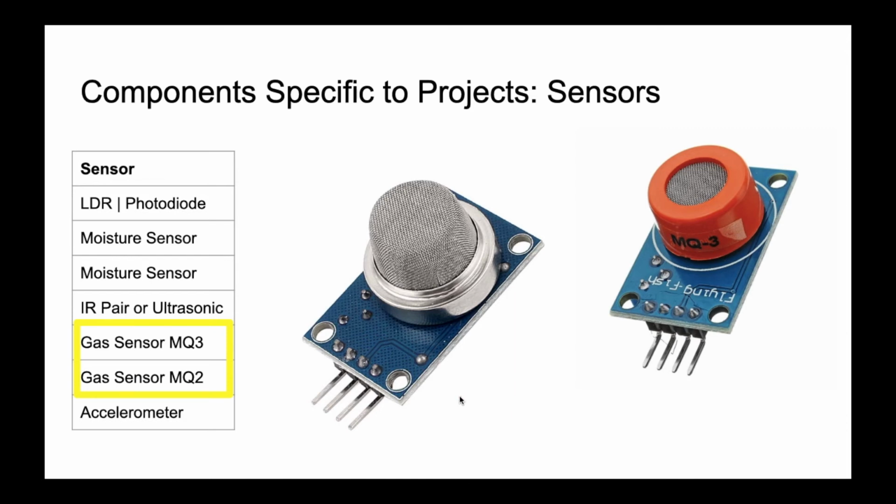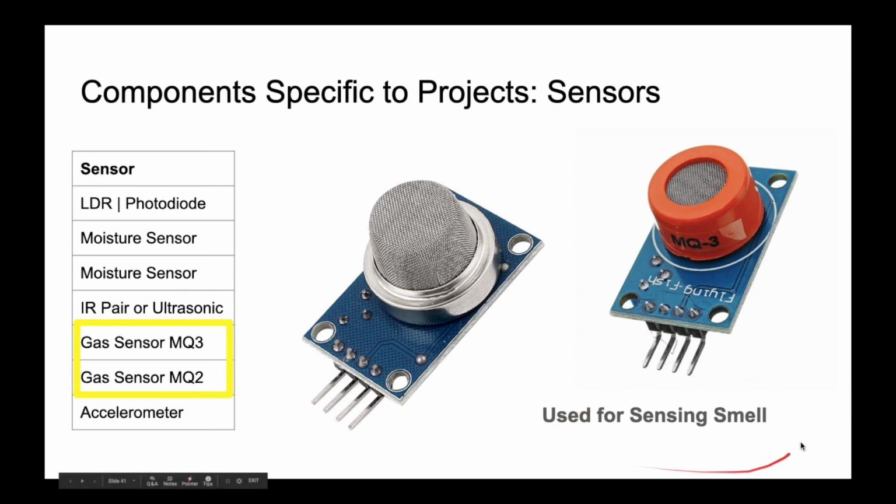For example, in the case of a fire, smoke will be generated, so this can even be used as a fire detection system. Or if there is an LPG gas leak in your home, that can be detected by these sensors. These sensors can also be used as alcohol detectors. You know our police have breath analyzers with them. This is the common sensor that is used in breath analysis. Concluding, these gas sensors are used for sensing smell.